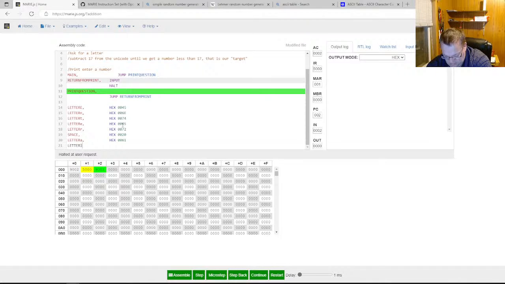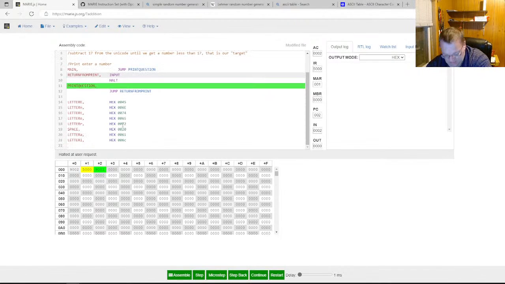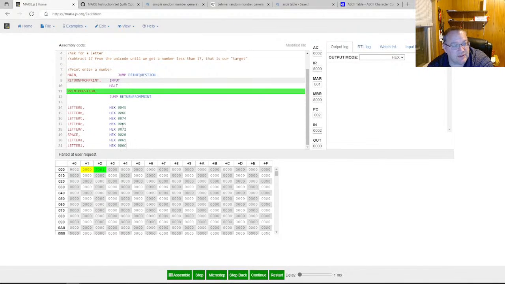Letter L. Oops. Hex 006C. I already have an E, I already have the T, and I already have the R. All right, that's it actually. Oh, I need to put that. See that? Okay. So here,